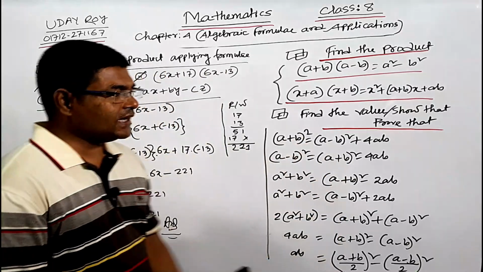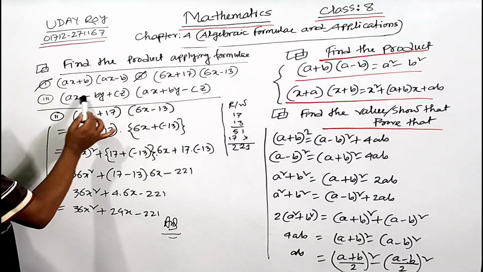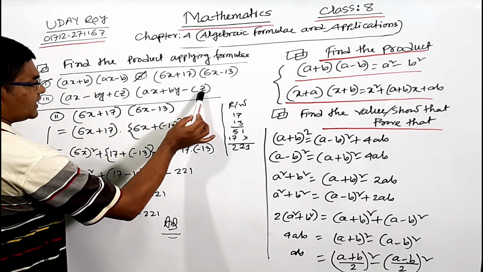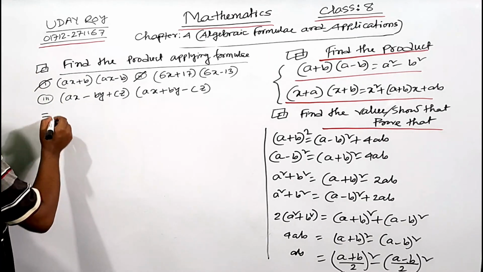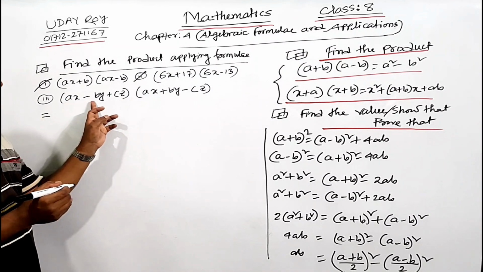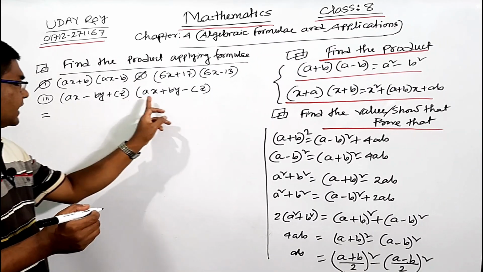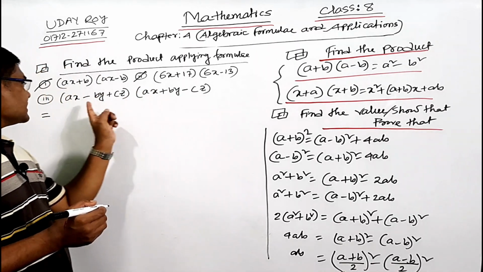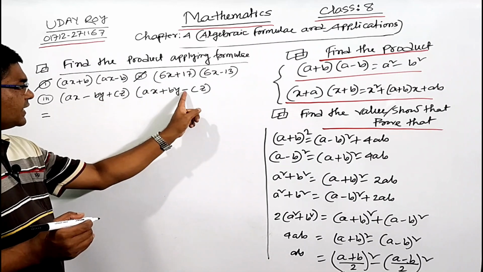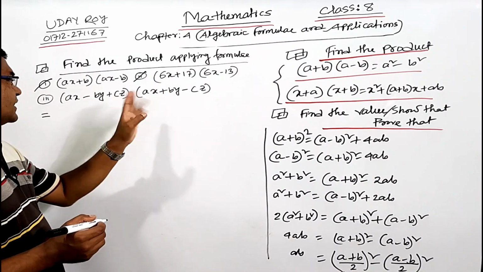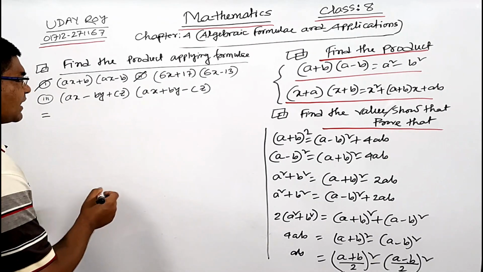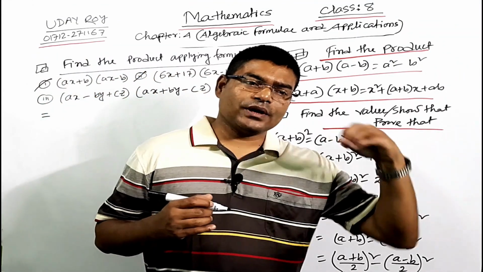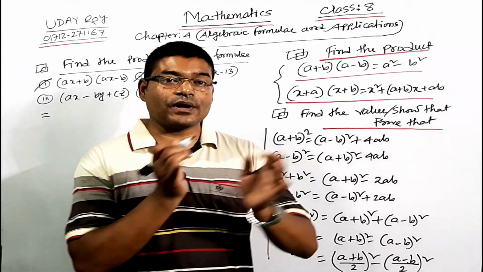Let's come back. We can see here is number 3. ax minus by plus cz into ax plus by minus cz. So we will do this math. Here is ax minus by plus cz, ax plus by minus cz. Here is plus, here is minus, but here is minus cz, here is plus cz. So you have to rearrange at first, then easily we can find out this will be a plus b into a minus b or x plus a into x plus b.